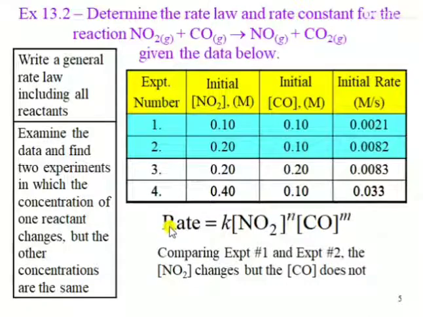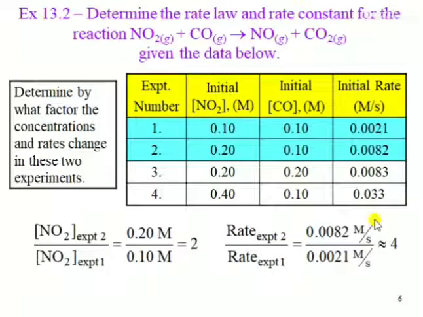Okay, so the rate expression is shown as rate is equal to rate constant K, concentration of NO2 raised to power n, and concentration of CO raised to power m. So n and m are the orders with respect to NO2 and CO, which we will be determining from the initial rate method. So I hope you understand what our desired objective of this numerical is. Okay, so we start here.